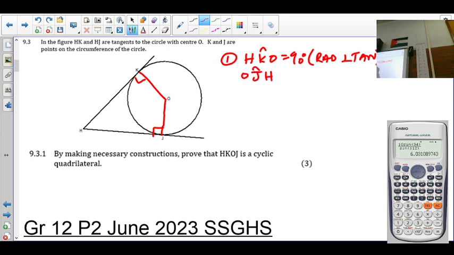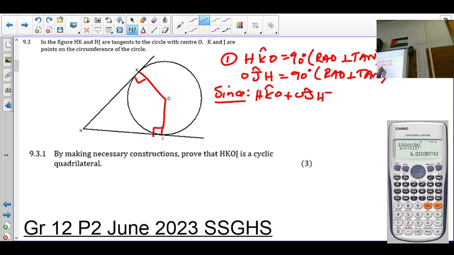OJH or HJO is also 90 degrees. The radius is perpendicular to the tangent. So since HKO plus OJH is equal to 180 degrees, you see it adds up to 180, supplementary. Therefore,